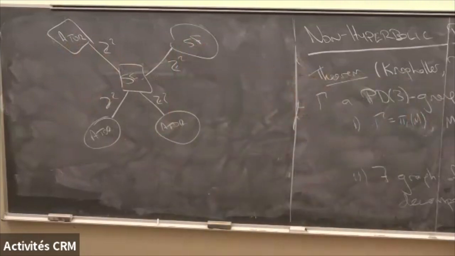Moreover, if you knew that the atoroidal pieces were fundamental groups of three manifolds with boundary being the z squared subgroups, then you could glue these three manifolds from the Seifert fibered pieces and the three manifolds from the atoroidal pieces together to get a closed three manifold that would have gamma as its fundamental group.